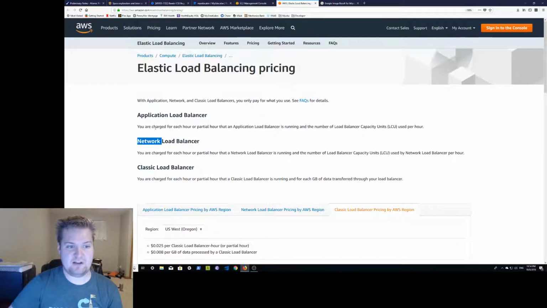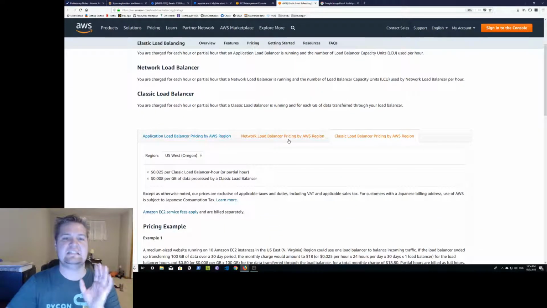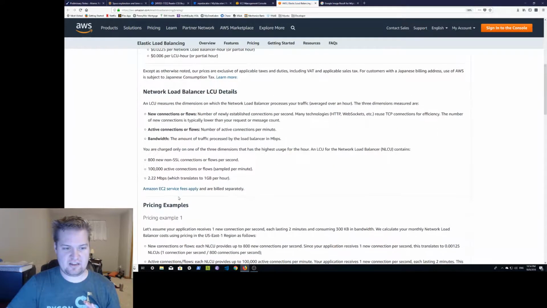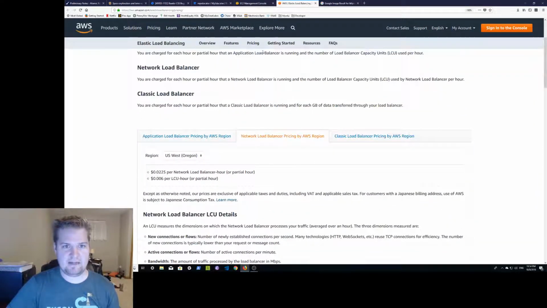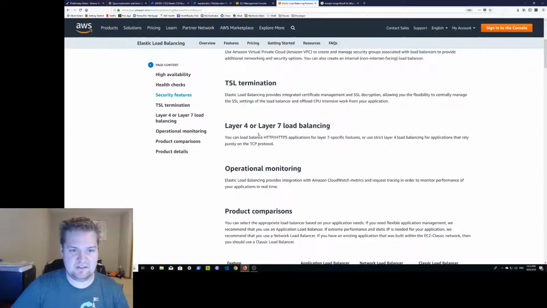So both these load balancers have the new feature that they can route to multiple ports on the same server, no problem. So all of a sudden, Docker containers, really any kind of containerized service wants that, now is supported. But also, the network load balancer, they were able to optimize for TCP connections, and it runs ridiculously fast. Okay, we're still talking about pricing here, but if we go over here to features,